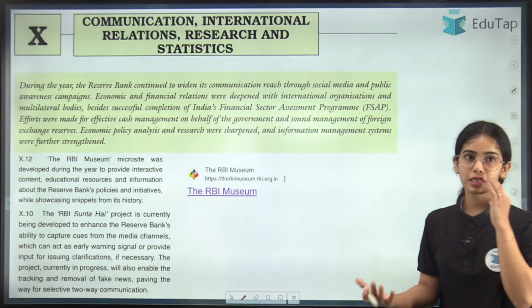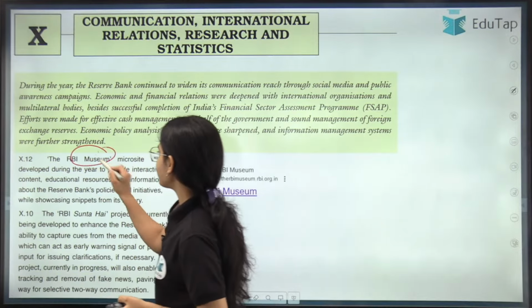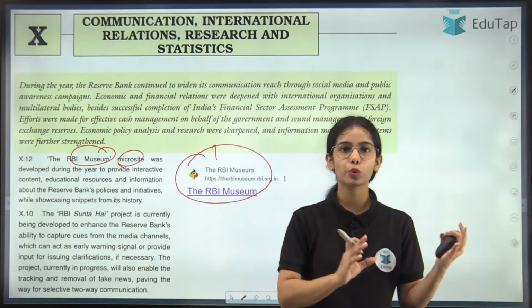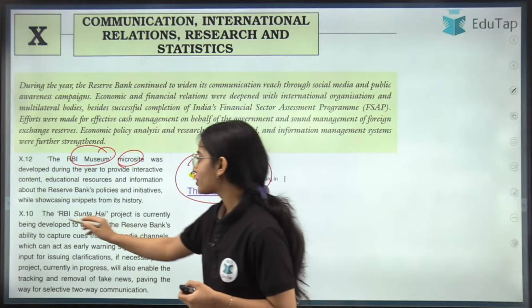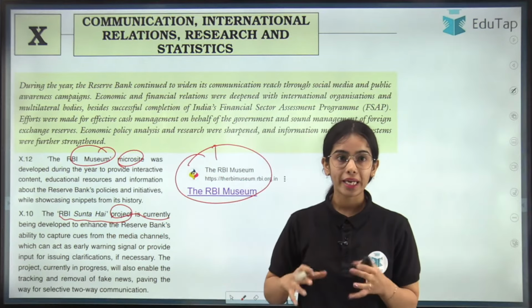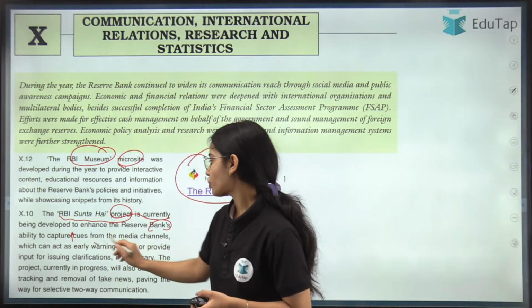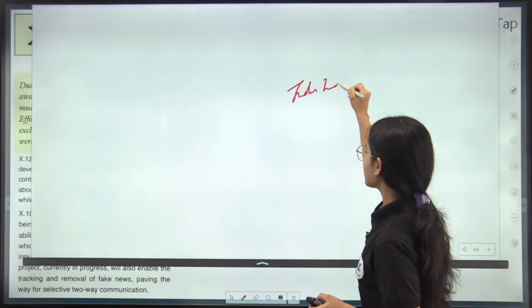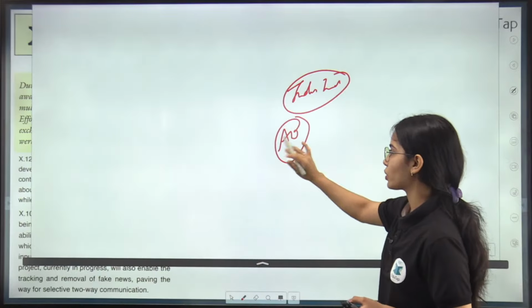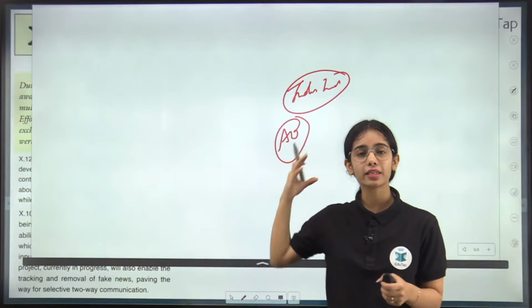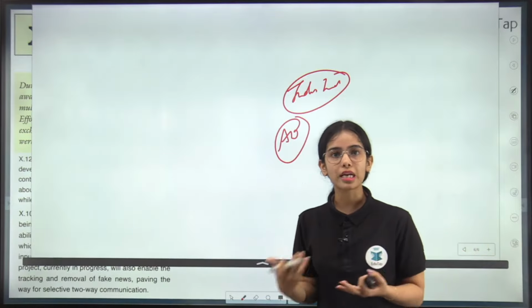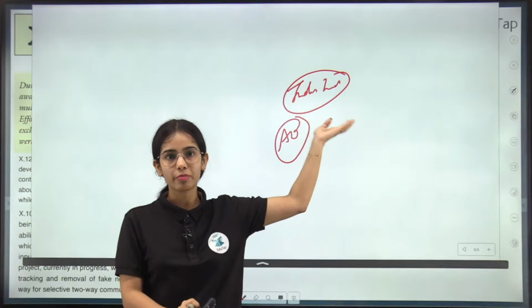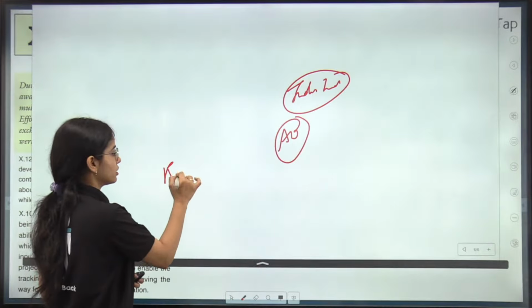Next is communication, international relations, research and statistics. The RBI Museum microsite has been developed for communicating about the history of RBI and about the history of notes, about the history of the different things. Okay. Now RBI Sunta Hai, this project is currently being developed to enhance the Reserve Bank's ability to capture cues from the media. See what happens, recently, take the example of IndusInd Bank. There was an accounting discrepancy that was found. Now many of the platforms started saying that IndusInd Bank will fail. It's going to close down. So depositors started to panic. Seeing this, that in the media there is a problematic narrative going on that IndusInd Bank might fail,